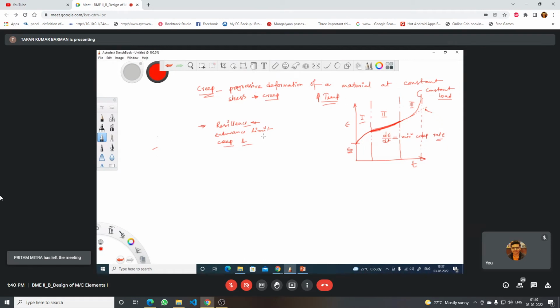Is there any relationship of temperature with the creep of the material? Then we should say yes. If the temperature increases, the creep rate will also increase. So there is a direct relationship of creep with temperature. So this way, here you may prepare short notes on materials and material properties. Okay, sir. Okay. Now what we will study,